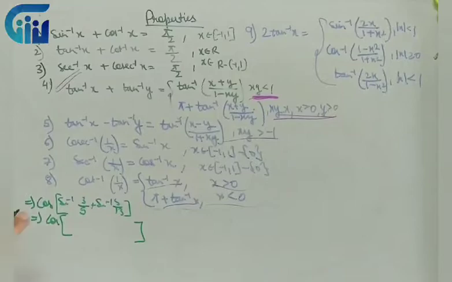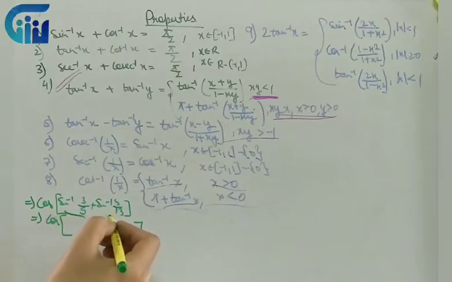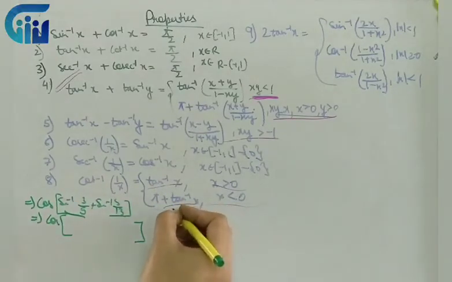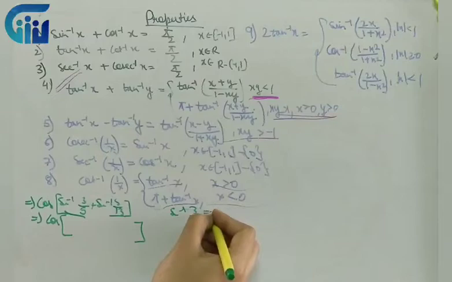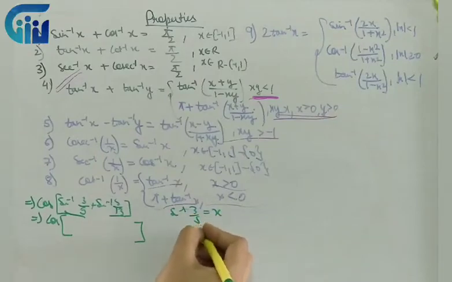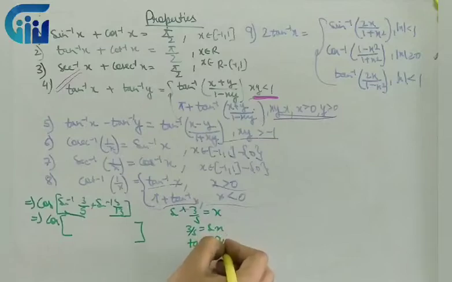Next question, what we have, cos of sine inverse 3 by 5 plus sine inverse 5 by 13. So again, I will quickly change these two to tan, because I don't have a formula of sine inverse x plus sine inverse y over here, right? So we will change these to tan and then we will apply the formula. So for changing them to tan, again I will write this as x. So 3 by 5 is sine x. So we know tan x will come out to be 3 by 4.